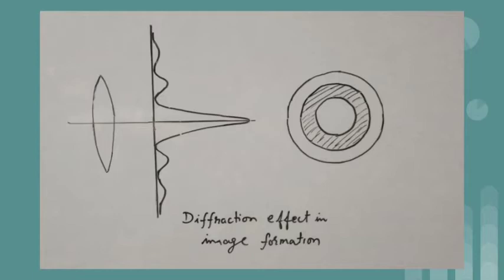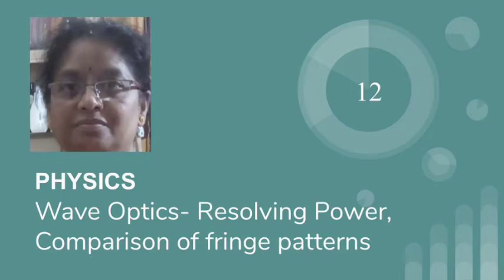If the overlapping is small, then the images could be seen clearly and distinctly, which means the optical instrument is able to resolve the two close objects. The resolving power of an optical instrument is its ability to show distinctly the images of two objects lying close to each other. An optical instrument which shows very sharp and clear images of two closely placed objects just separate is said to have good resolving power.